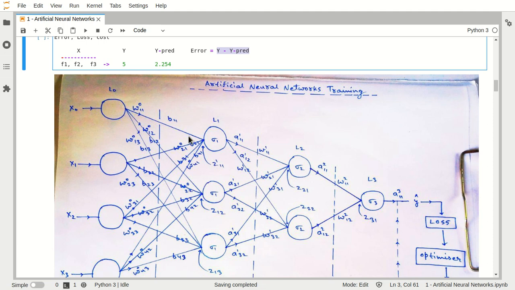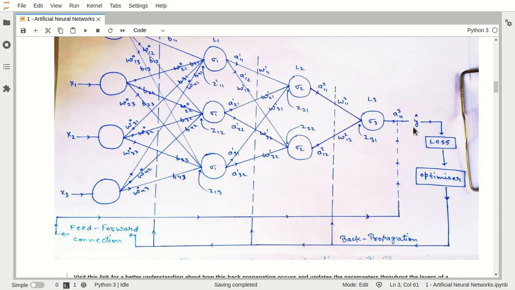It is not possible, because whatever data we are going to get, it's very much impossible to get exactly 5 here. But again, we can try to reach nearby, maybe 4.8, maybe 4.85, maybe 4.9, maybe 4.9999112, very nearby results we can try to achieve, but achieving 5 is very much difficult. But again, we will be supposed to reduce this particular error factor, and we will be supposed to get some kind of predictions which will be very near to this original value. And for this purpose, we are going to use optimization or maybe backpropagation.